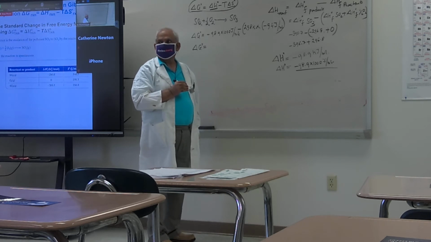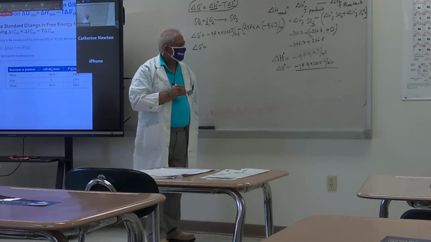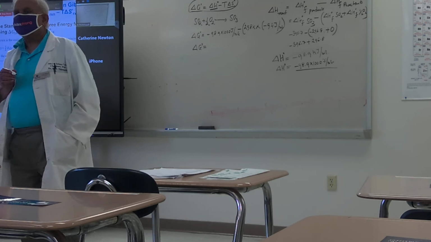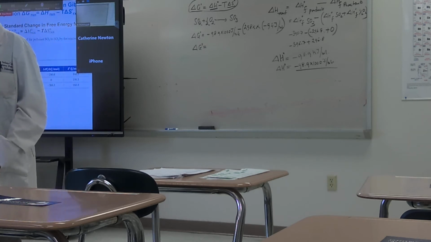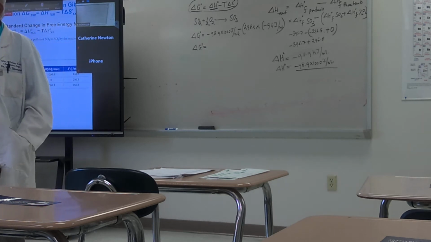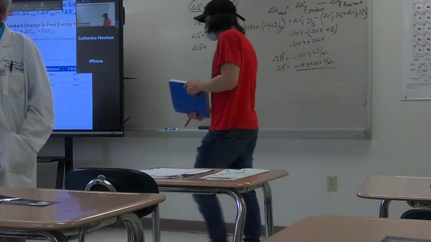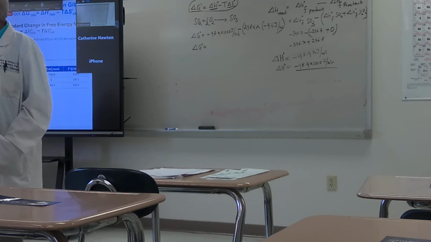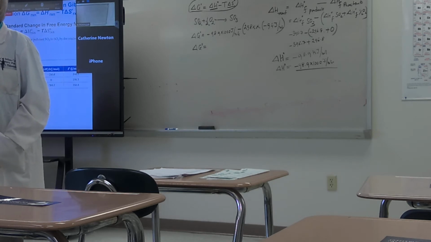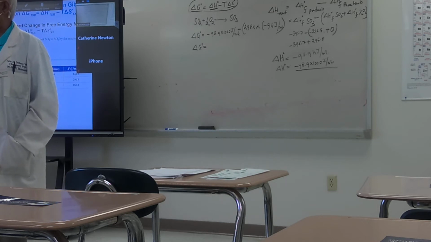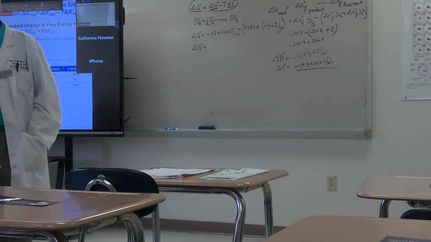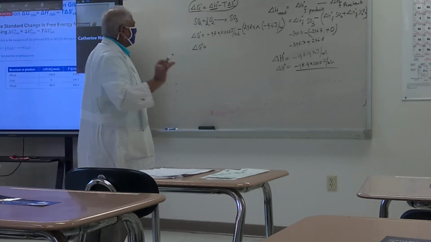Why did you multiply negative 98.9 and 1,000 to get joules? You need to convert the kilojoules into joules. If you want to convert kilojoules to joules, you have to multiply. If you want to convert joules to kilojoules, you have to divide. What will you do if you want to convert a dollar into cents? Yeah, we will talk about it later, okay?